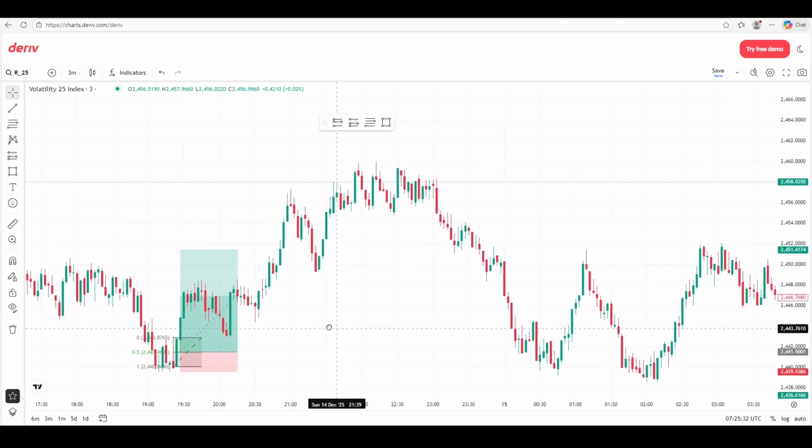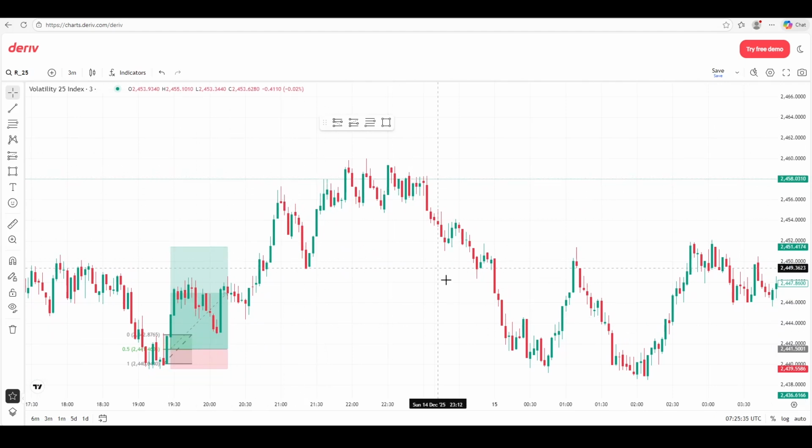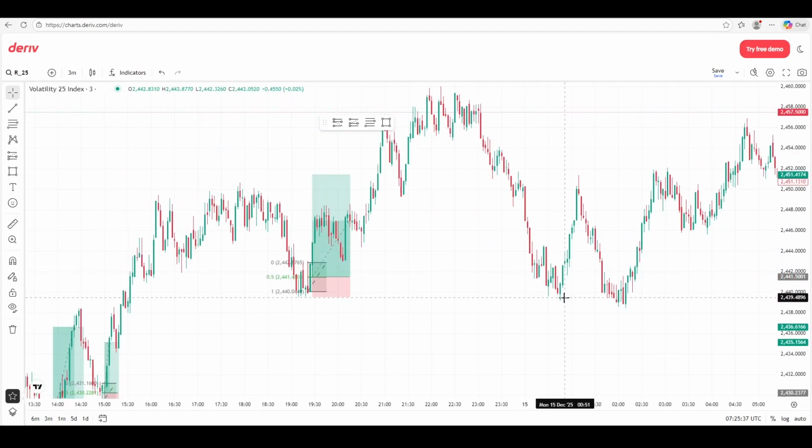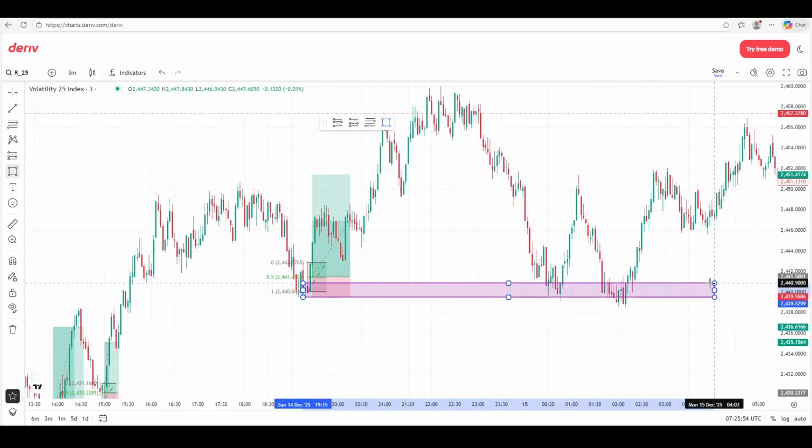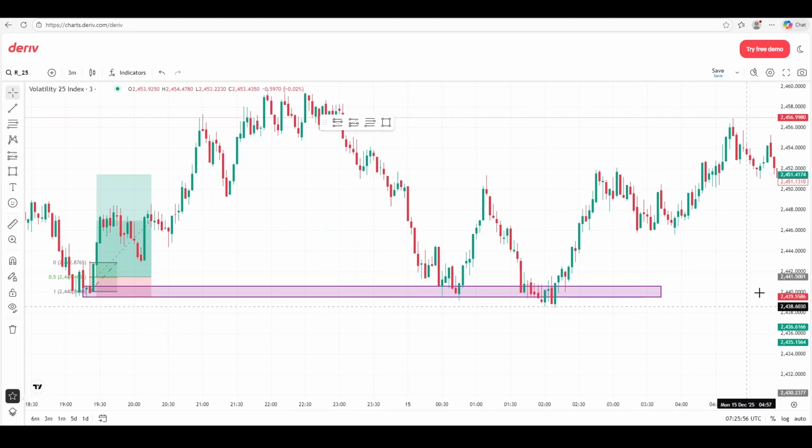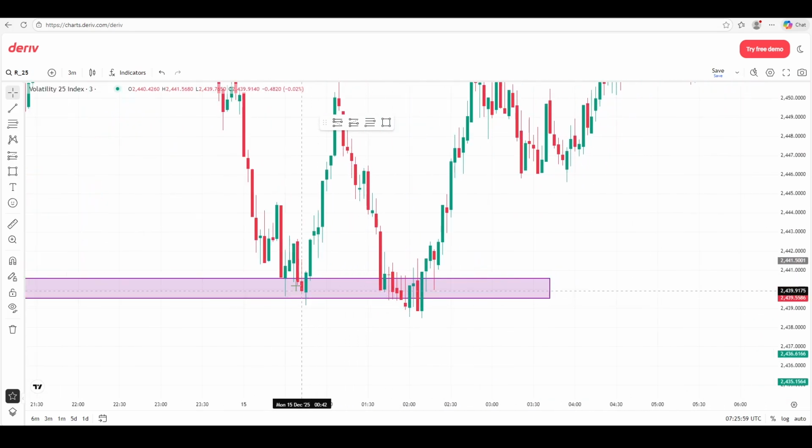Another successful setup. Then we have this range and then price coming low to this point, and this seemingly is a support level because you have price significantly rejecting above it or just staying above it. Let's mark it like this. So we have this engulfing candle at a support zone. Price didn't come to the lower half of this range, so we leave it.